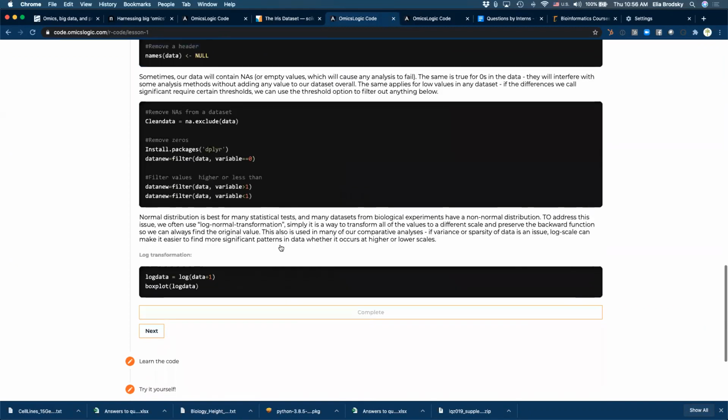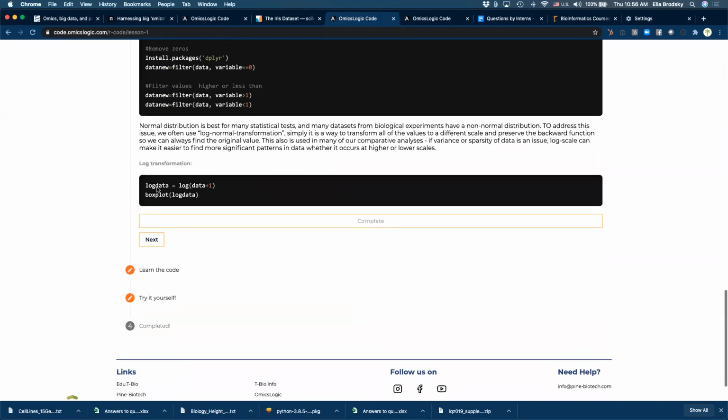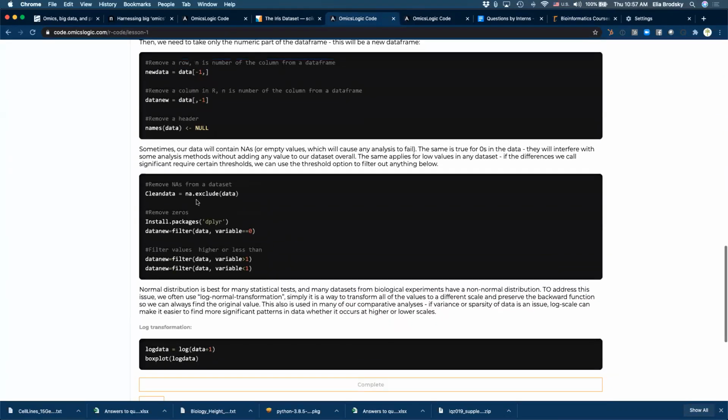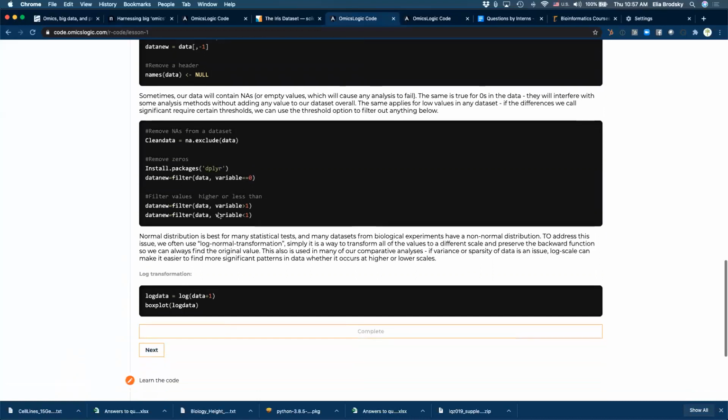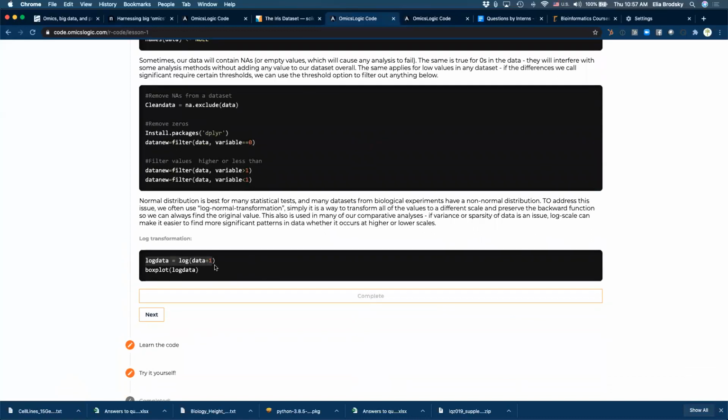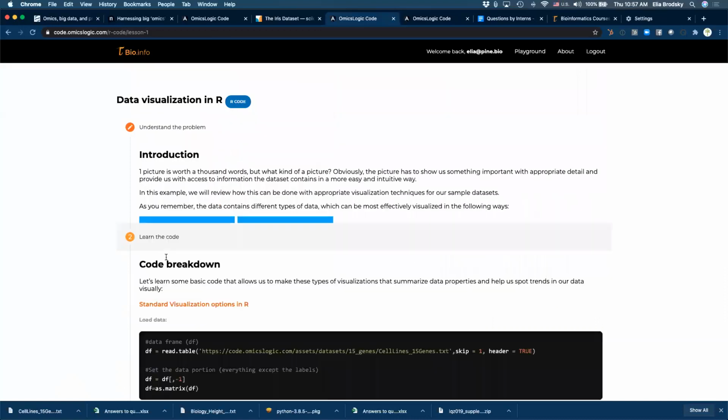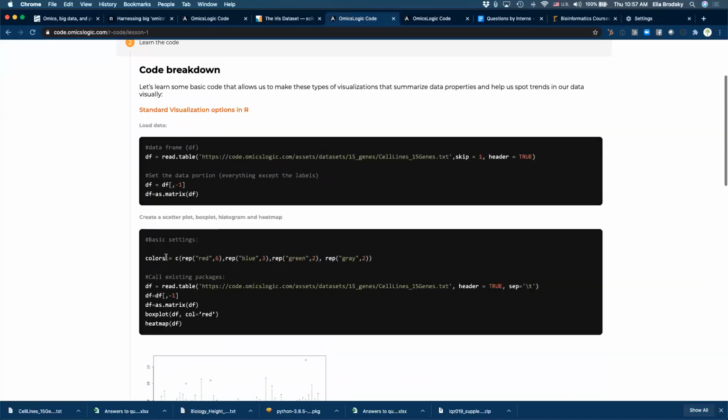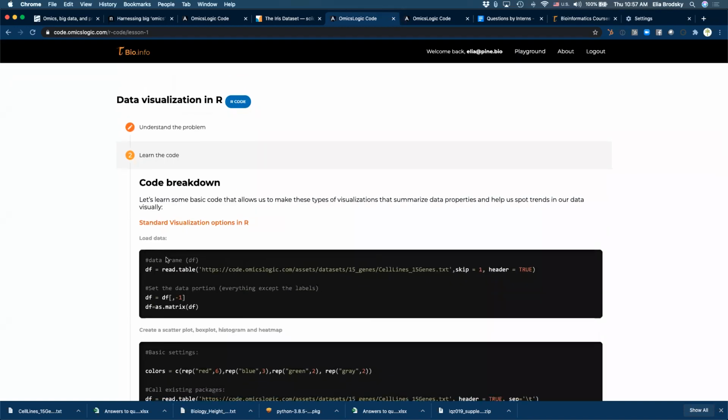So we can skip this for now. The important thing that you can see here is that we load the data, then we want to clean the data, for example, exclude any kind of NAs or any kind of missing data, and you want to also filter your data to exclude zeros or maybe filter by a certain number, right? What we just tried doing in Excel and it got stuck. And then here you also have transformation to log scale and plotting a box plot, right? So here, further down, okay, make sure that you have that library.